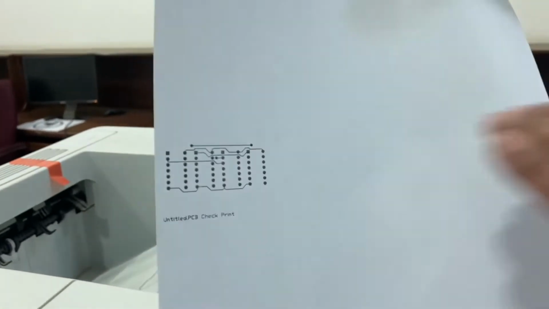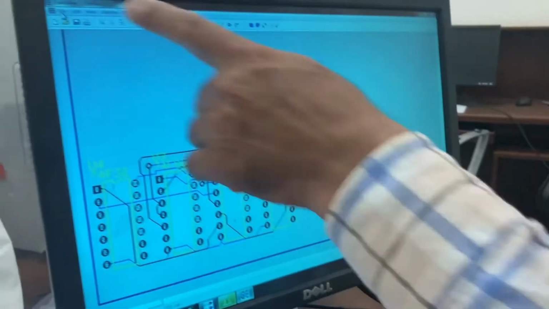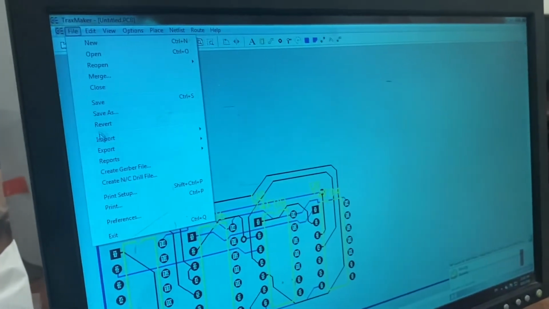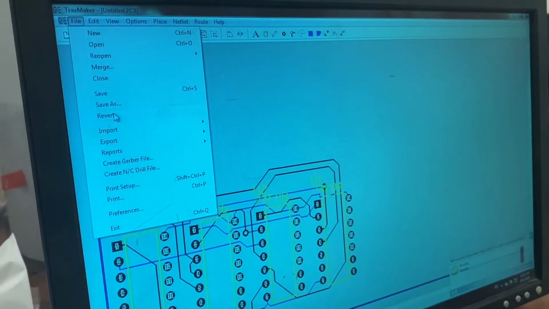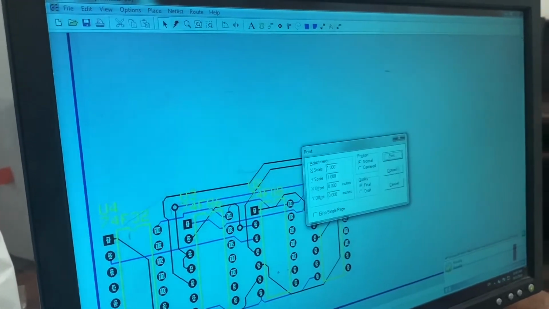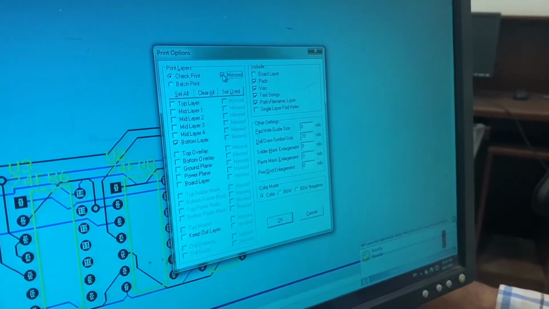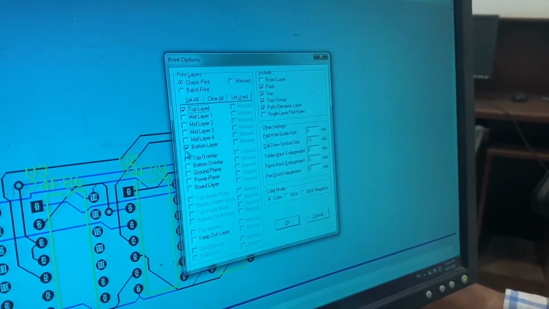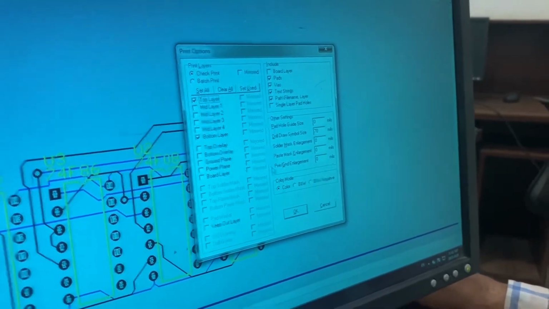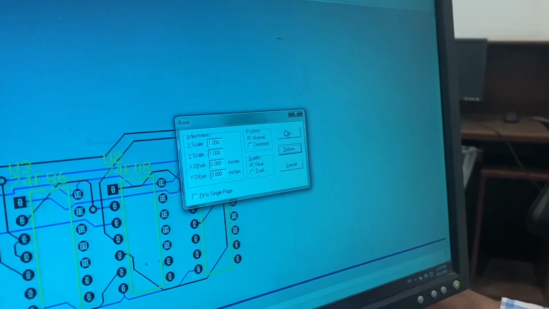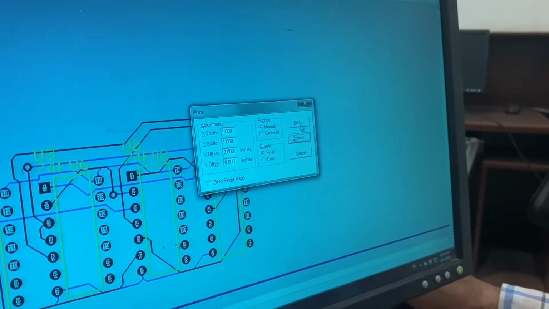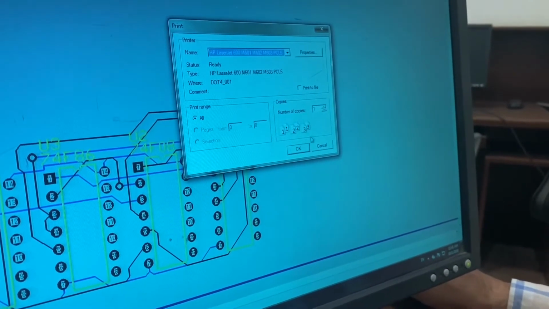See here, only the horizontal line, like this. Okay, the blue lines. Next, again from here, a third one. Select the file and print, again the option, then here. Now without mirror, top layer and bottom layer, top layer and bottom. Okay, one copy here, no problem. Choose one copy.